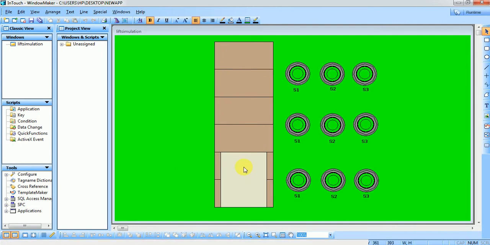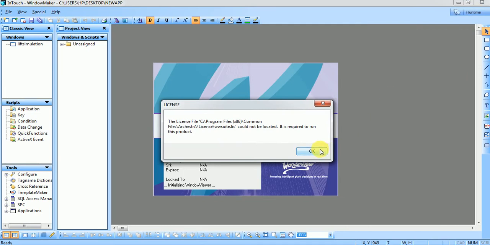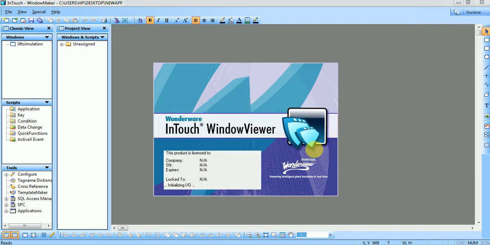Again here you can see our lift is at the first floor, this is the second floor, and this is the third floor. In the lift we will have 3 buttons, 3 switches. According to that we can move the lift from one position to another, to the floor at which we need the lift to be moved. Then just run it, go to runtime, and we will see the simulation of how this SCADA system will work.